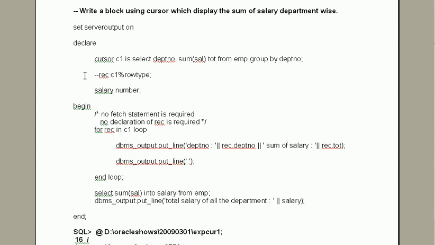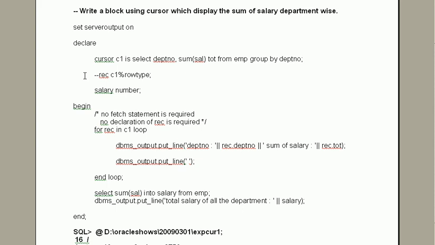No need for found, not found, no need to fetch in the for loop. So for does three things automatically. First, it declares the variable of the row type. Second, it fetches the rows from the cursor, it opens the cursor automatically, it closes the cursor automatically. So if you are using the for loop, it will do many tasks automatically.